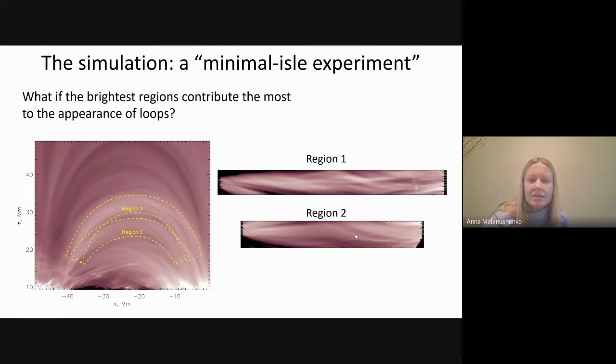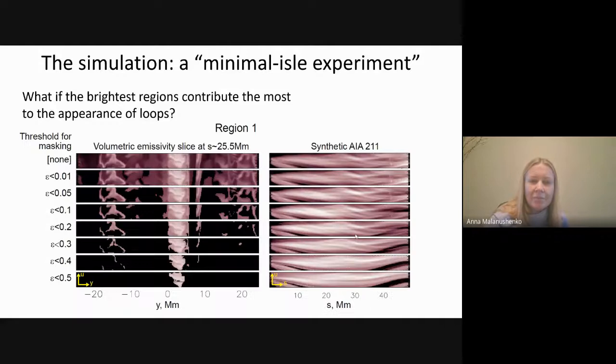And let's look at the emissivity in the volume. So this is a somewhat busy panel, but the essence of it is very simple. If you just look at the top row, the upper right image is precisely what I showed you before: the synthetic image, a little slab extracted and straightened out.